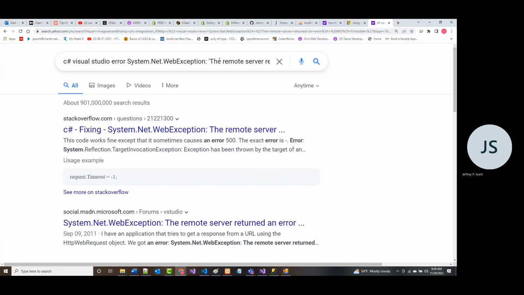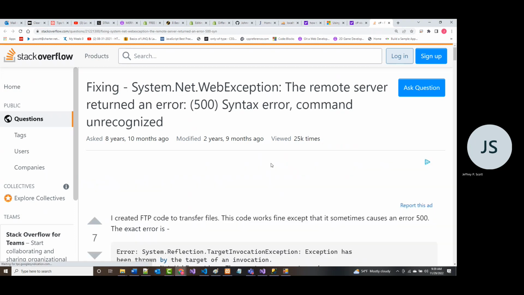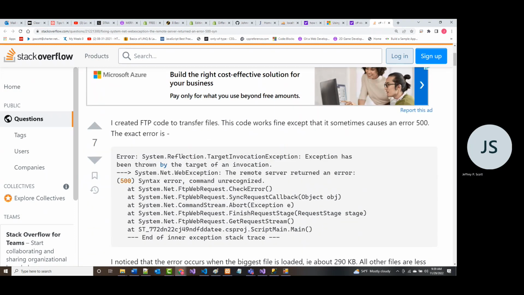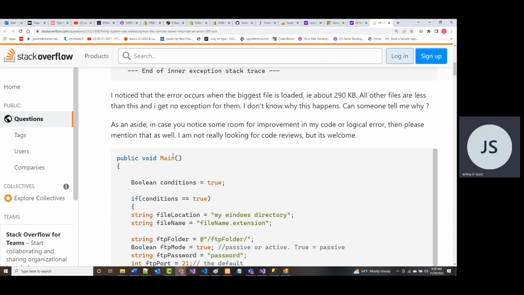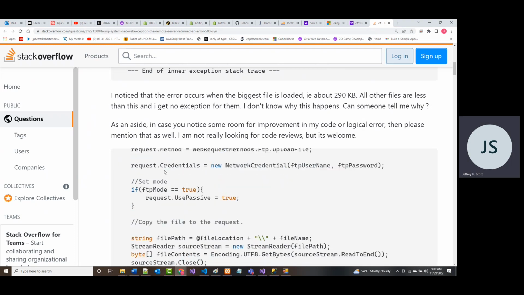Okay. All right. It says this code works fine, except sometimes it causes a 500 error. The exact error is, and it shows this, it's going to be different than mine. I notice the error occurs when the biggest file is loaded. All other files are less than this, and I get no exception. I don't know why this happens. Can someone tell me why? All right.